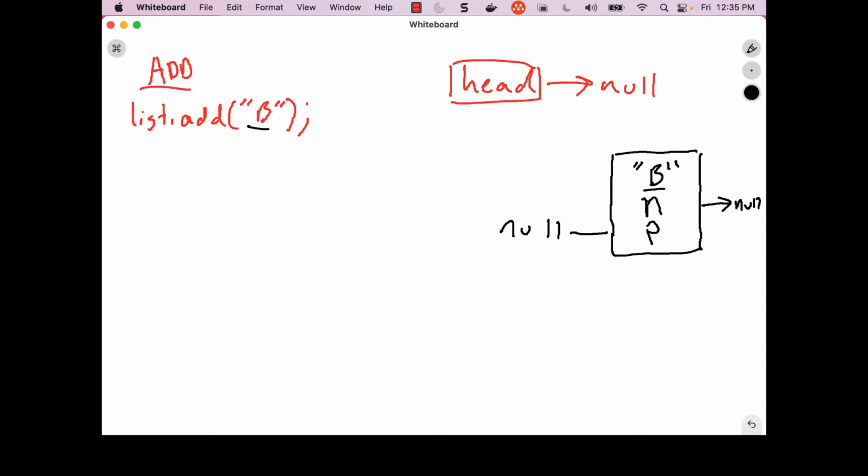Okay, and then what happens is the head reference variable is updated to point to the new node. This will be index 0, and our list size will now be 1. Okay, so that's add. So if we go list.add C,